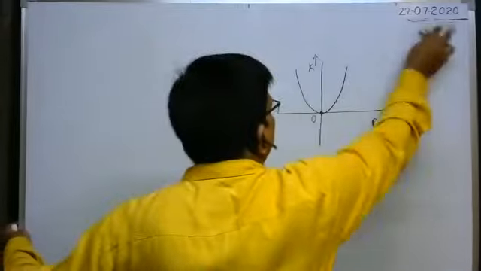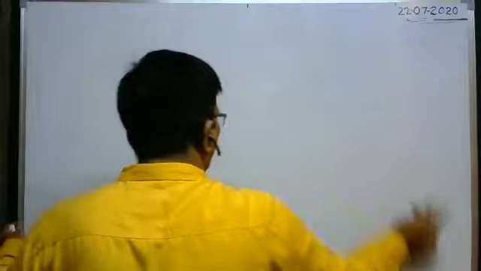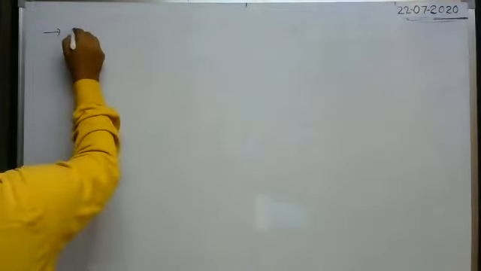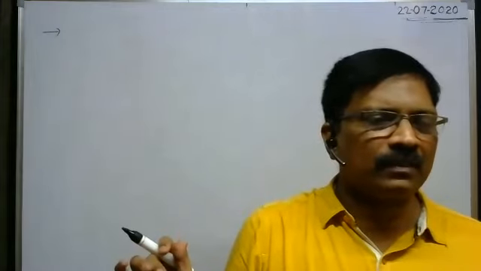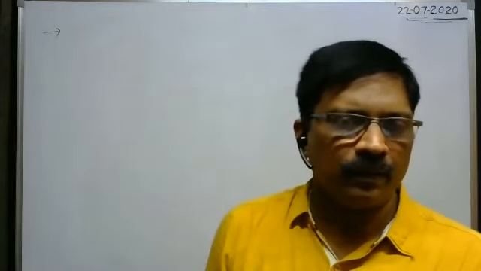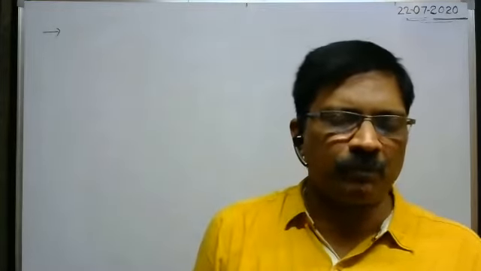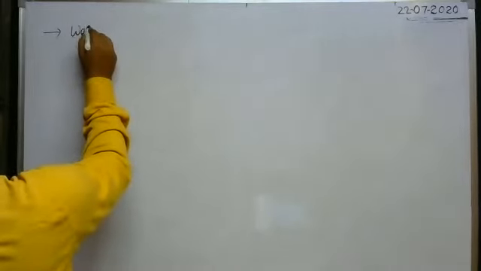Next, work energy theorem. Very, very important one. Yesterday, most of the students asked me the third problem. If you know the work energy theorem, then the third problem is nothing to you. You can do it directly. If the coefficient of p square in k is negative, definitely we have to take the graph downwards. Okay, so, work energy theorem.